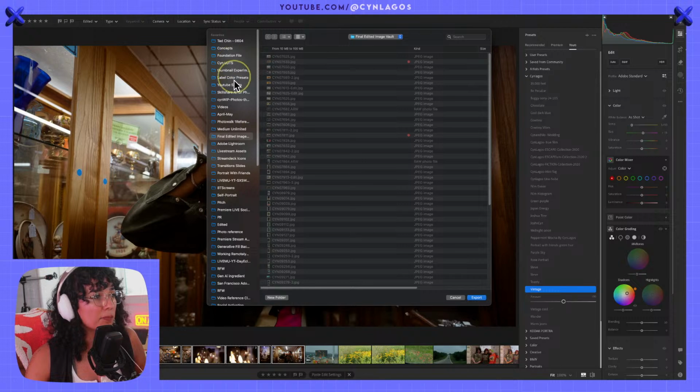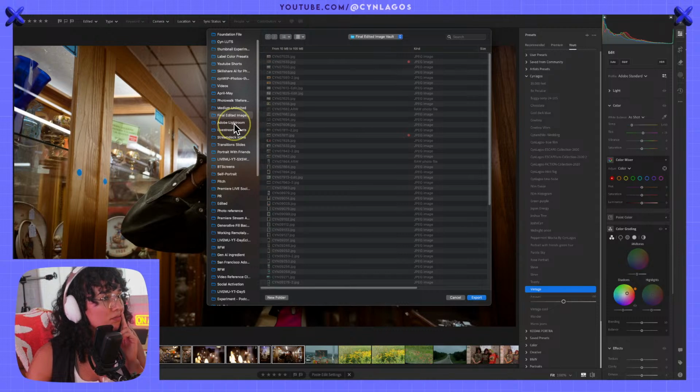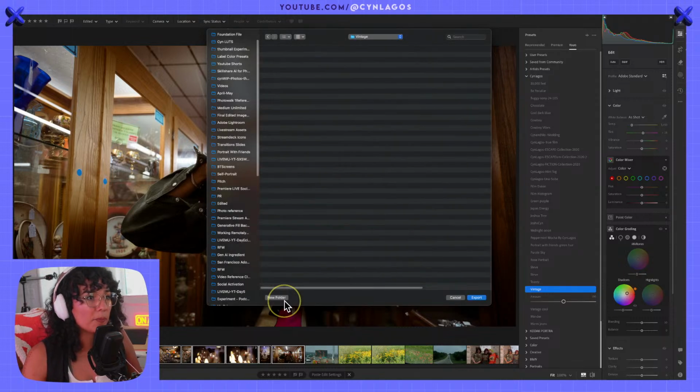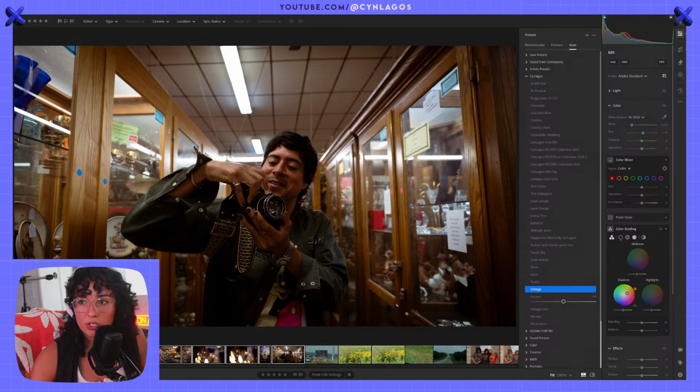And let's see. We've got edited, final edited images. Let's create a folder called vintage and press OK. So that should be exporting right there. Awesome. And now we can jump on over to Express.